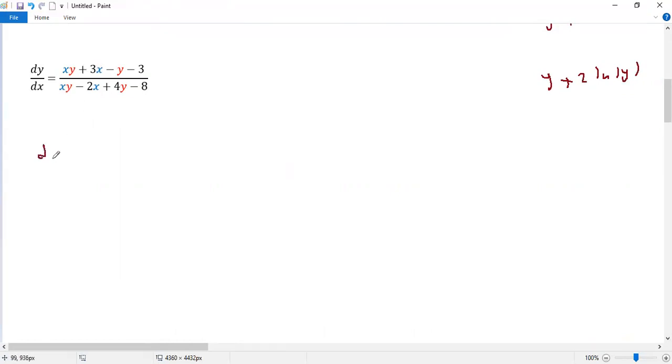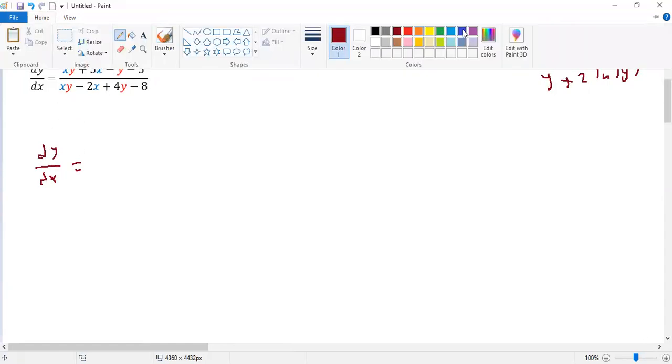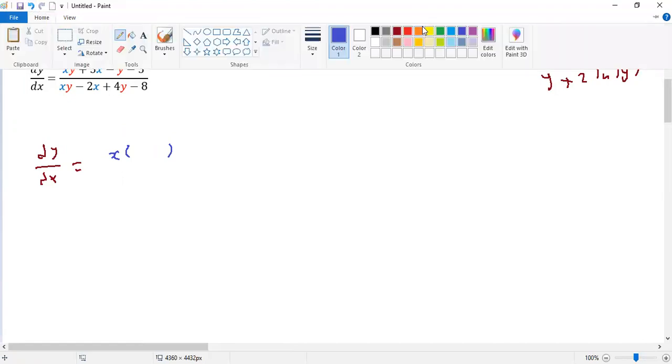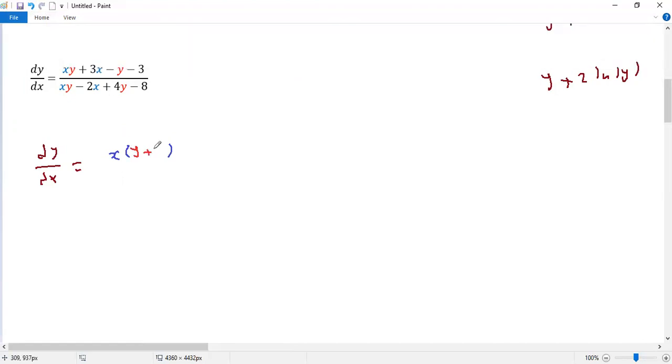So here the solution: dy/dx equals, let us take x out of the numerator. Then inside I have y plus 3, and taking the first and the second terms, take x out, it will be y plus 3. Then this minus out: if I take the negative one out, it will be 1 times y plus 3. So here it will be minus, I have y plus 3, over